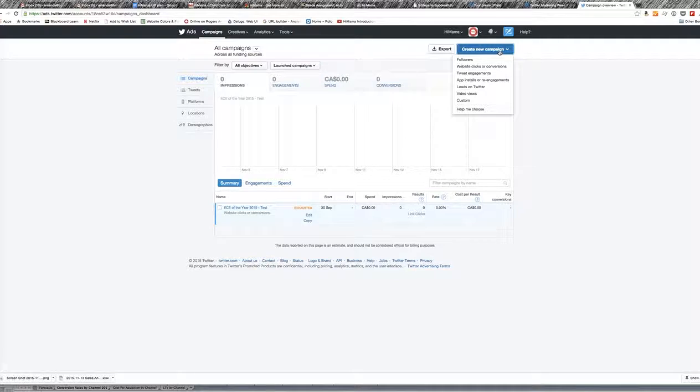Just like Facebook, Twitter is looking at promoting conversions of your promoted content and essentially being able to prove your return on investment in running ads on Twitter versus simply just promoting to get more followers. So before you do anything else, before you start building out any of the creative, Twitter wants you to tell them whether you're interested in gaining new followers, actually building a conversion or a sale to your website, starting a conversation with new audiences in a Twitter engagement, whether you're looking at installing a mobile app, building leads